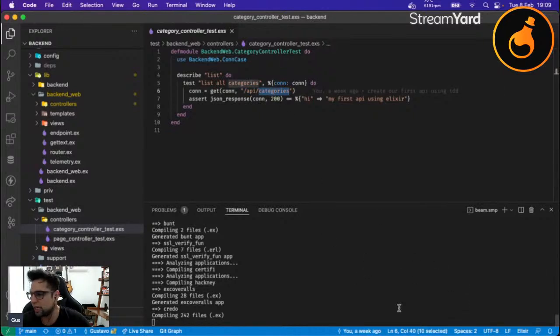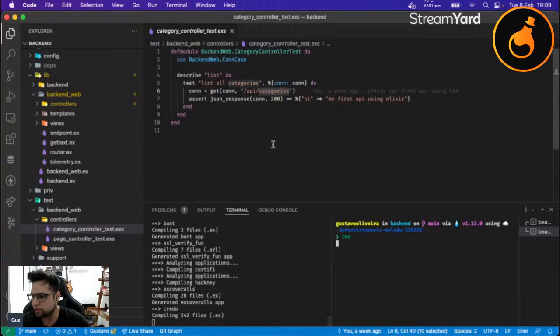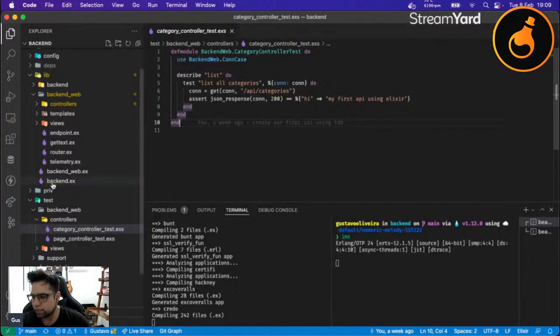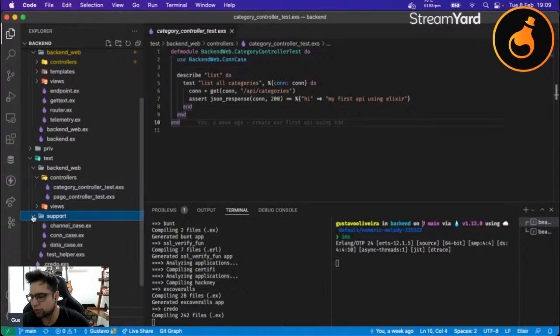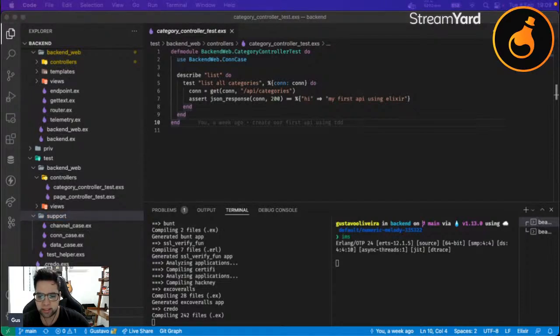So what we have to do is use some tools that Elixir provides to us. To do that, I'm going to start my application and show you some steps over here. Let me start the application. And one of the things we can do to make our test easier to manipulate and to provide good feedback is,